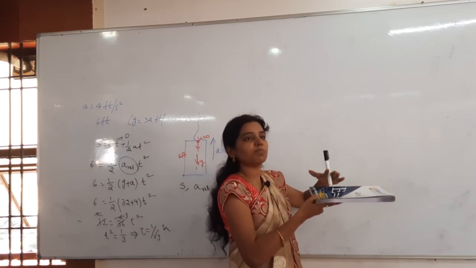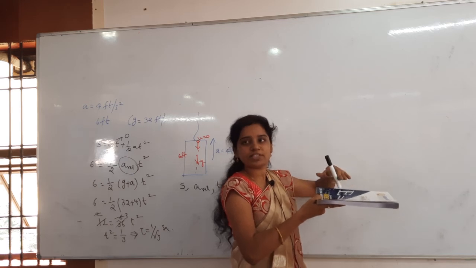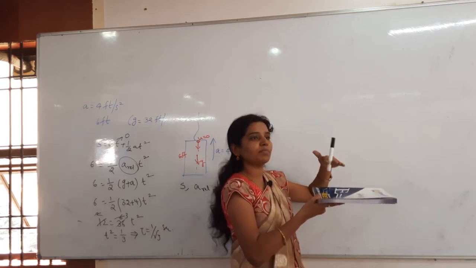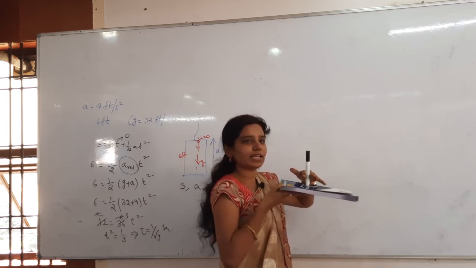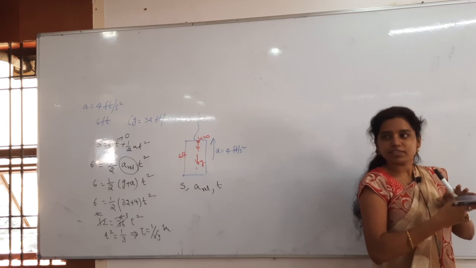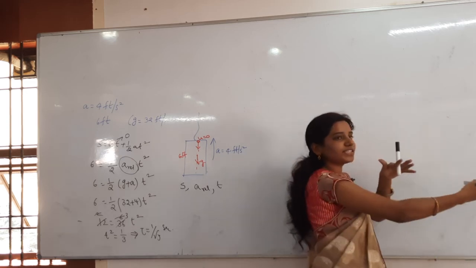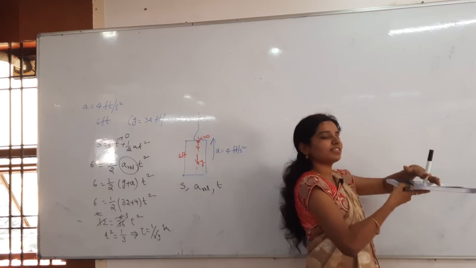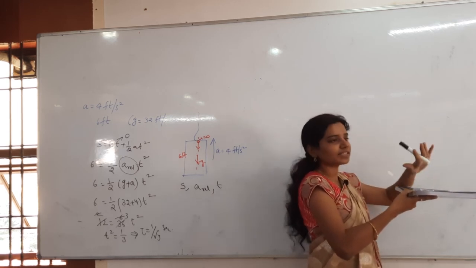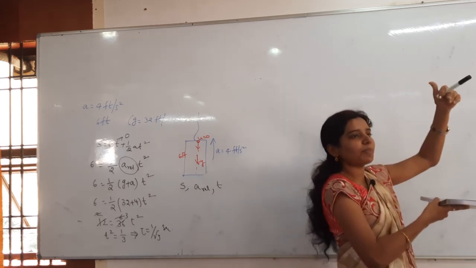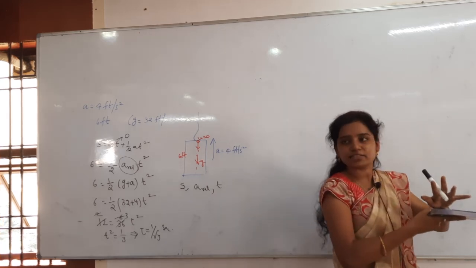On the truck, who is there? A pole is there, a vertically mounted pole. On that pole, who is climbing? The monkey is climbing. At the same time the ship is going, the truck is moving, and the monkey is going upwards. Clear? The ship is going along which axis? X axis. The truck is moving along which axis? Z axis. Any axis you can consider. Let me take that as the Y axis. Then the monkey is going in the upward direction. Let us consider that as the Z axis.